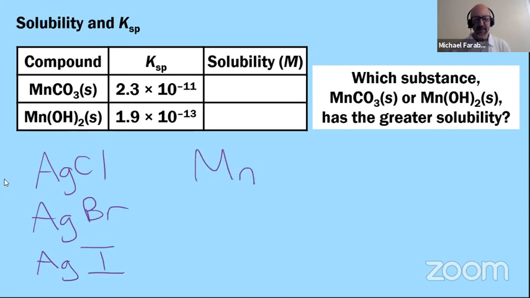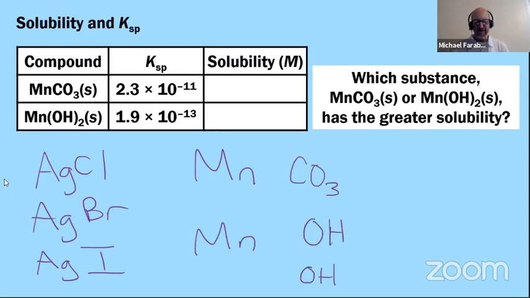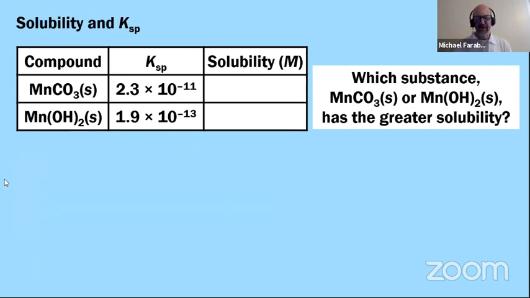Here we have manganese and carbonate, and we have manganese and hydroxide. So that's a 1-to-2 comparison versus a 1-to-1 comparison. So that's not a good or fair comparison. Therefore, this is potentially a trick question. So I'm going to go ahead and solve, and this might surprise you and kind of confirm why it's a